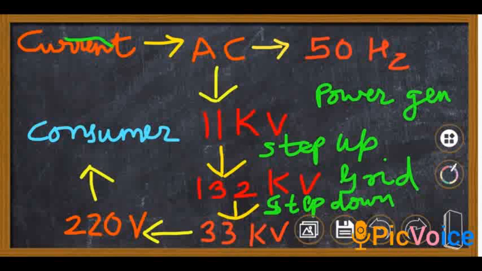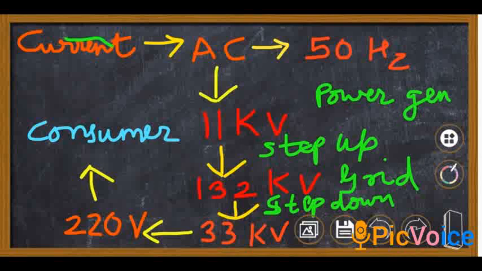So you can see over here that 11 kV power is being generated. Power generated at 11 kV. But this 11 kV, what we do after generation, we are going to step it up using a step up transformer. We are going to step it up to 132 kV, and where we are going to do this is known as grid substation. We are going to step it up to 132 kV and send it to the grid substation setup.